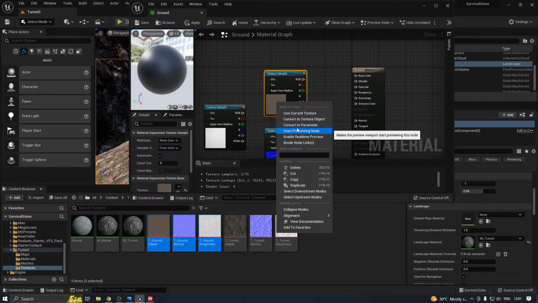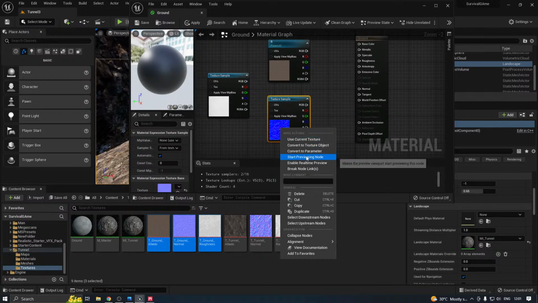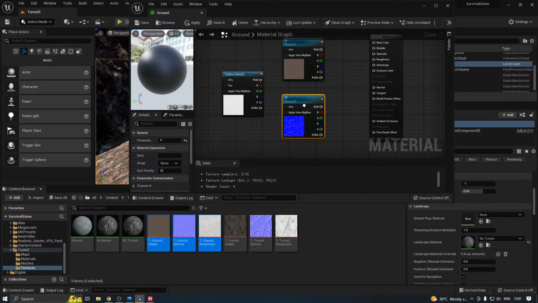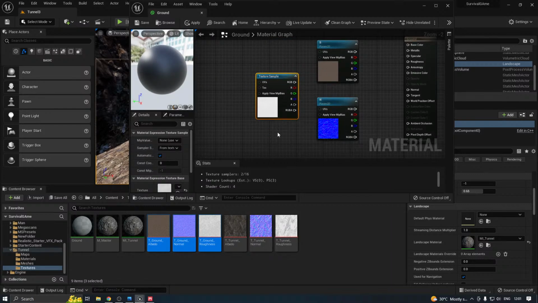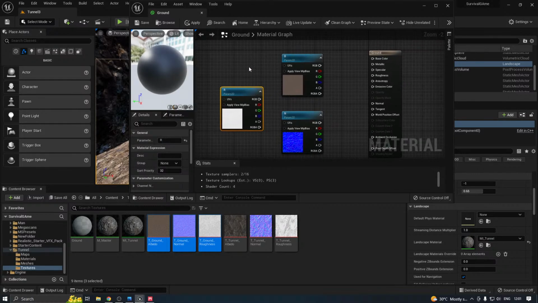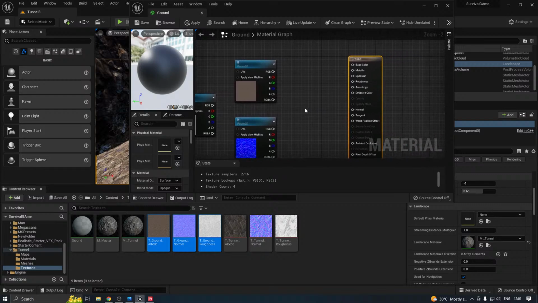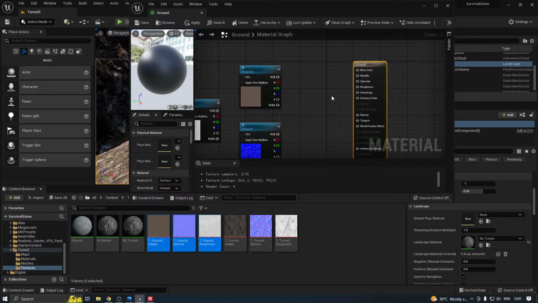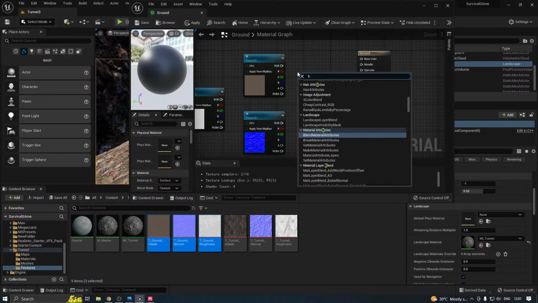Right click, convert to parameter B. This normal map, convert to parameter N, convert to parameter R. You don't need to convert these textures into parameters if you're not going to change the textures. Anyway, right click, search for blend,